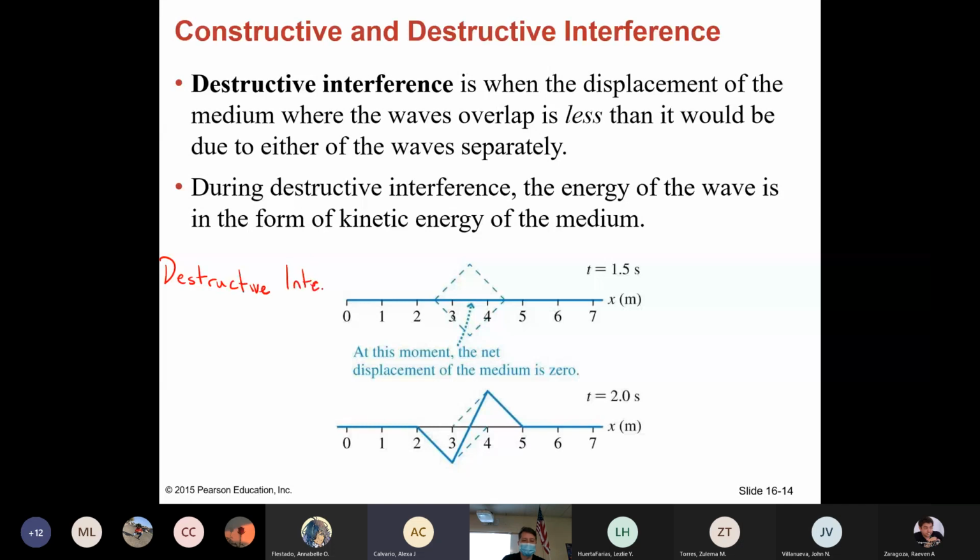Destructive interference is when amplitudes of opposite directions cancel out. When amplitudes of opposite directions cancel out. So I'll draw an example off to the right. So we have